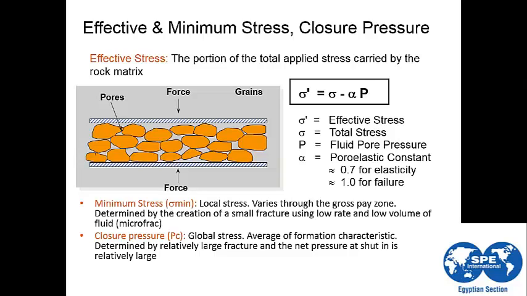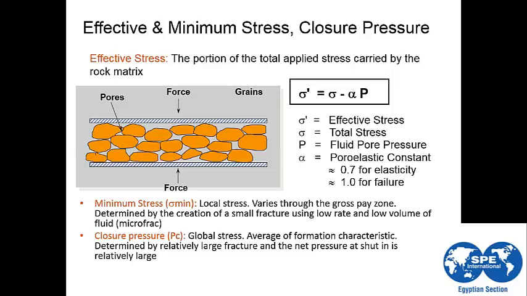Then we deduct the value of the stress carried by the fluid by multiplying the reservoir pressure, or fluid pore pressure, by the poroelastic constant. The poroelastic constant equals 0.7 for elastic reservoir rock and equals 1 for rock like